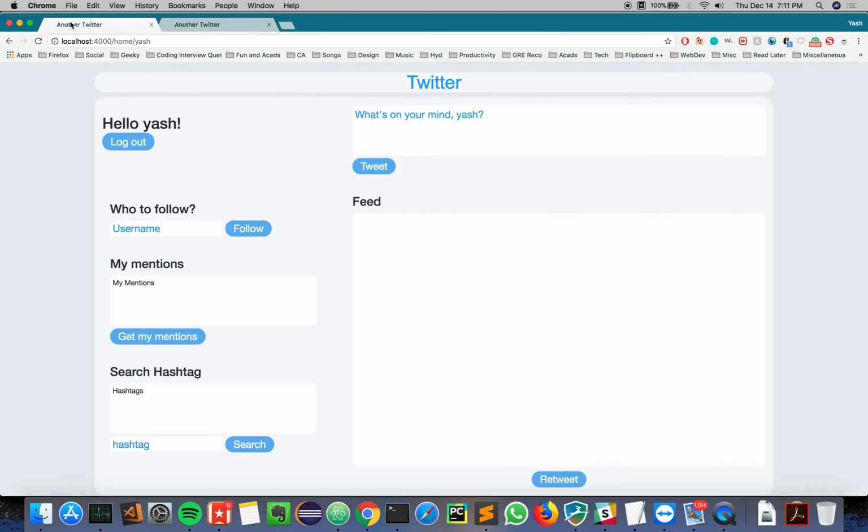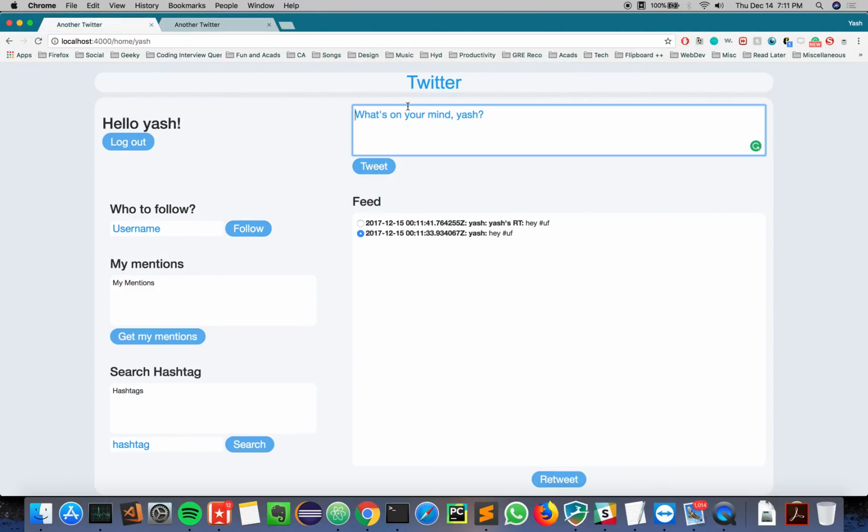The first major functionality is tweeting. So we'll just create a first tweet. The tweet is created, and I am showing the tweets created by the user in the live feed, and you can also retweet it and it will also appear here. I'll go ahead and follow this user, and whenever this user tweets something new, it will be displayed